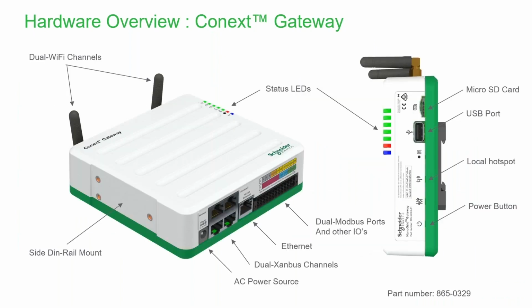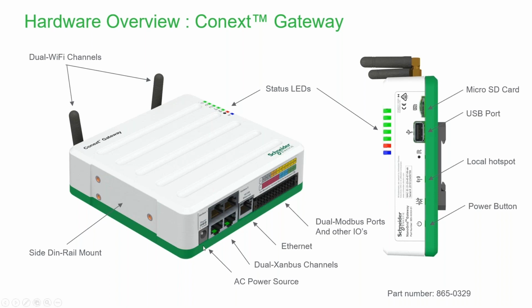So you have a couple of options here for the gateway to connect to the internet. Obviously, the simplest thing is via Wi-Fi. You just simply log the gateway onto the Wi-Fi, and you don't need to have any wires. But you may have situations where the gateway is not in a good Wi-Fi spot. Maybe there's low quality for the Wi-Fi. You also have the choice of connecting it using a Cat5. So you can use the Ethernet port here to connect to the customer's router, and that way the gateway can connect to the